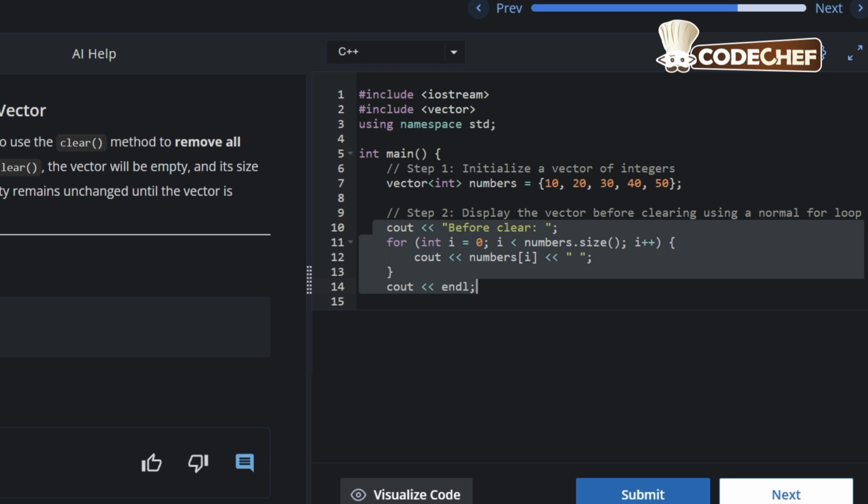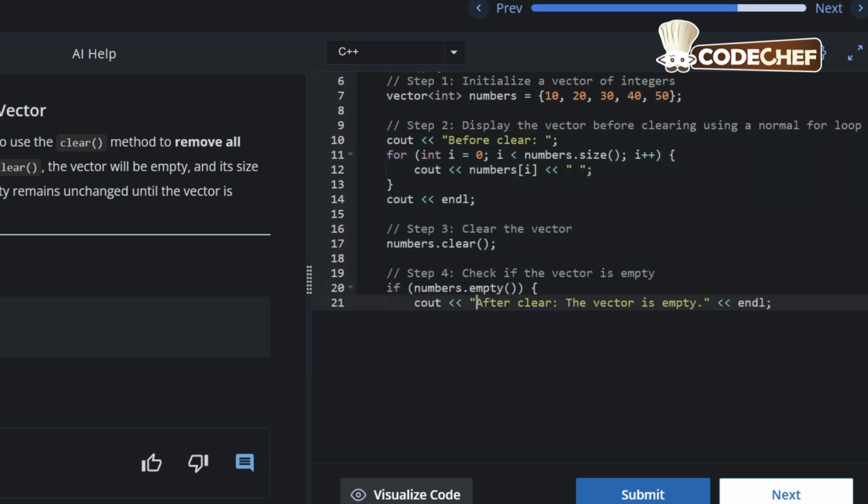Then cout << numbers[i] << " "; to print all the elements, closing the for loop, then cout << endl;